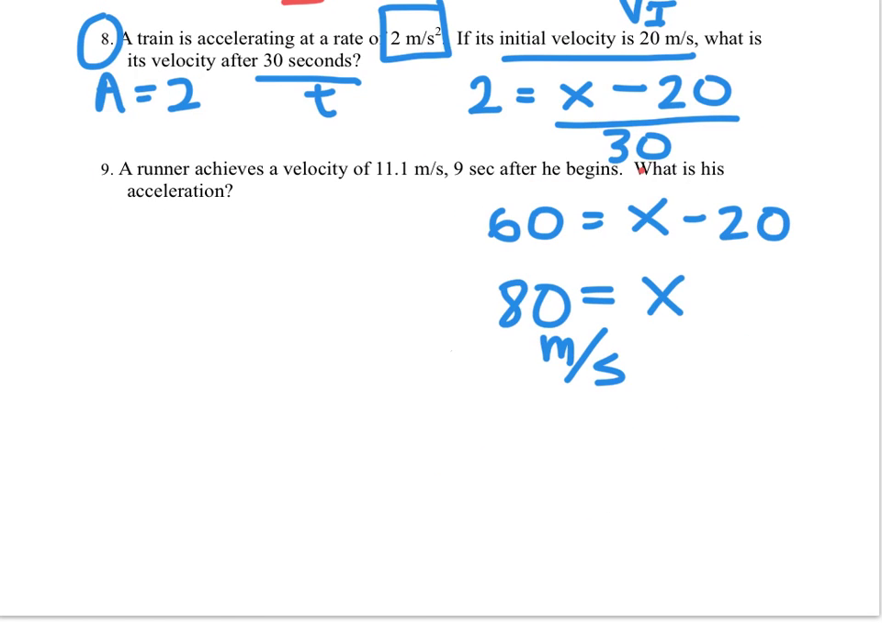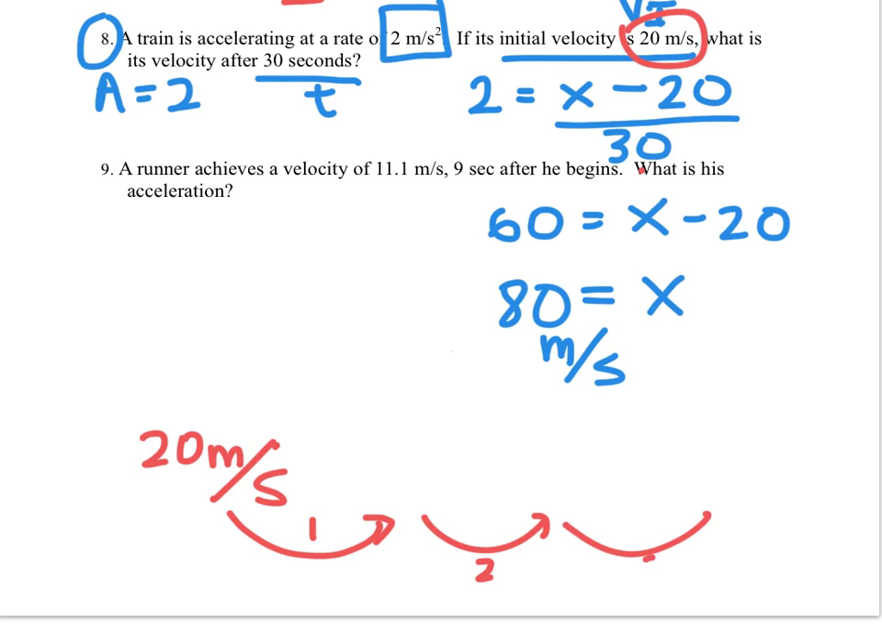Now, I want to take a minute to help you understand what this is telling us exactly, what this problem just solved for us. This problem told us that a car started at 20 meters per second. So it was 20 meters per second when it started. The problem continues to tell us that